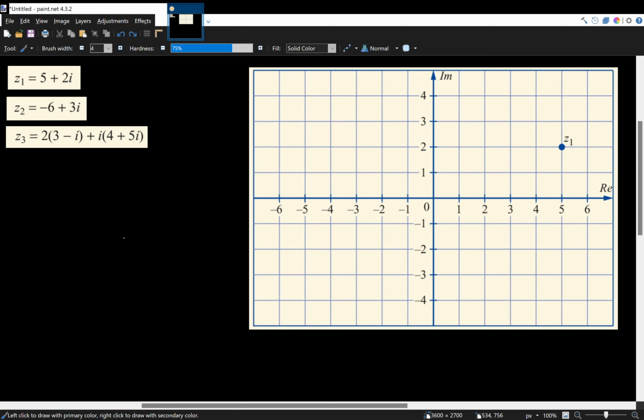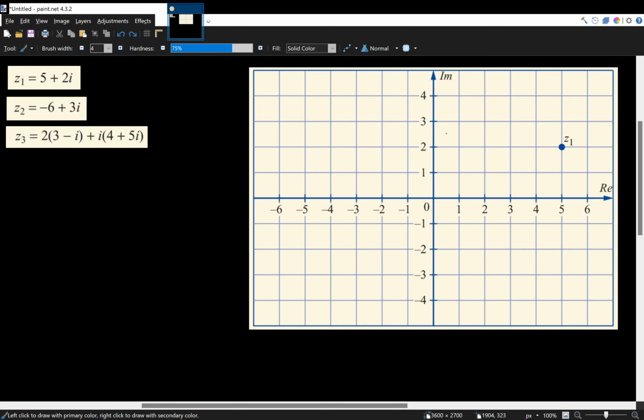In this video, we're just going to take a quick look at how you would plot complex numbers on an Argand diagram. So, our Argand diagram we can see here on the right, where we have a very similar plane to our Cartesian plane that we would use in coordinate geometry. Except this time, instead of having an x-axis, we have a real axis, and instead of a y-axis, we have